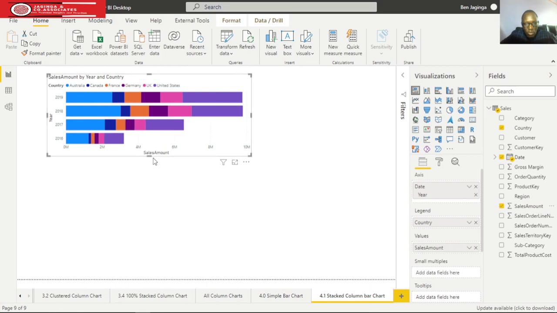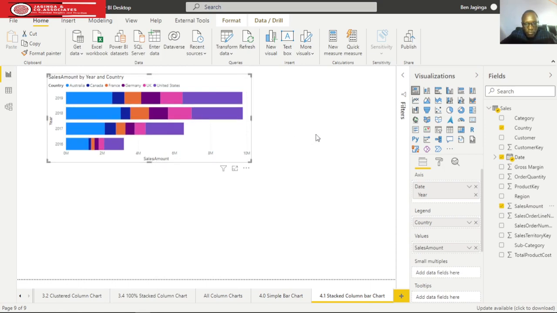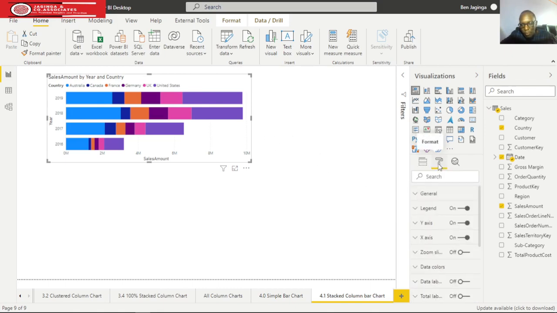So here what has been stacked here is the countries. So the countries have been dropped under the legend so that they can be stacked. But let me add in the values, or rather the labels. So I'll put the data labels on, and then I'll give my legend, I'll rather put